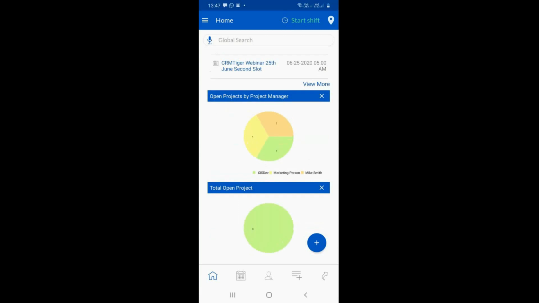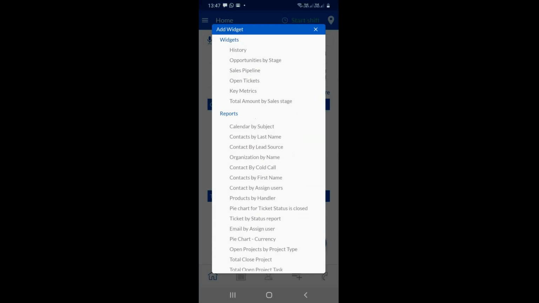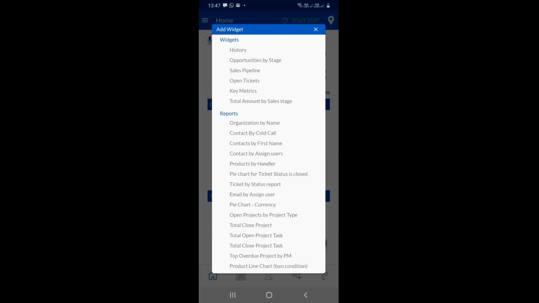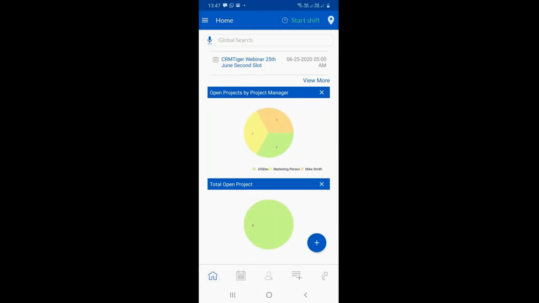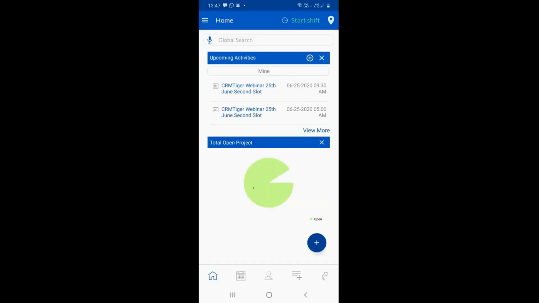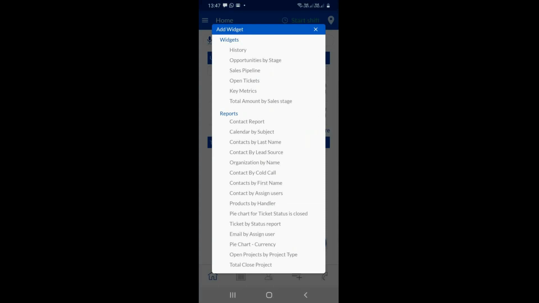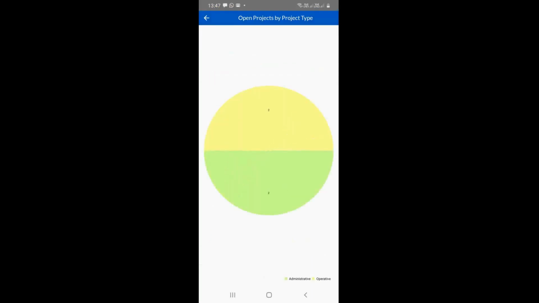You already know that we have a feature in the premium plan where you can add any type of chart which you created inside the title, and it will be displayed here in the dashboard. For example, this is one of the charts which I created. Let me just delete it. Okay, I just added the chart. Now if I click on the chart, it zooms the chart, so it will be visible to the user.